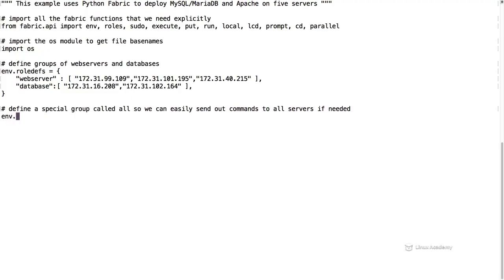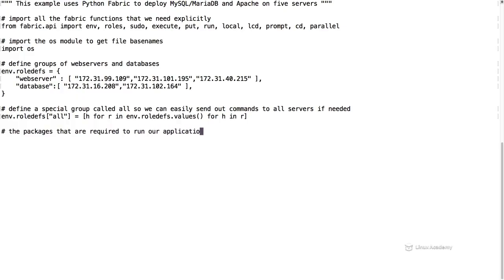To do that, we're going to just do env.roledefs all and then a Python dictionary comprehension to get all the IP addresses from our original roledefs dictionary. Let's also set up in the dictionary the packages that are required to run our application. So do packages required,